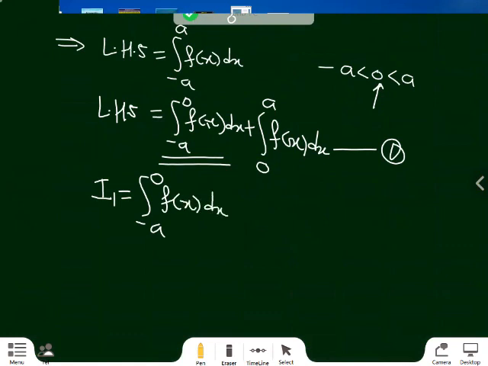Now we simplify it. Make the substitution x equals minus t, which gives dx equals minus dt, and also